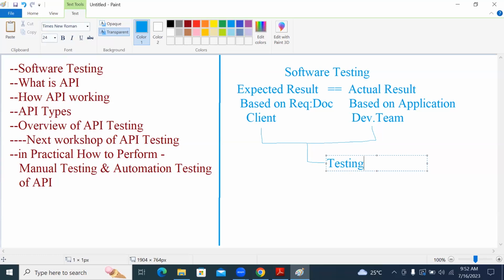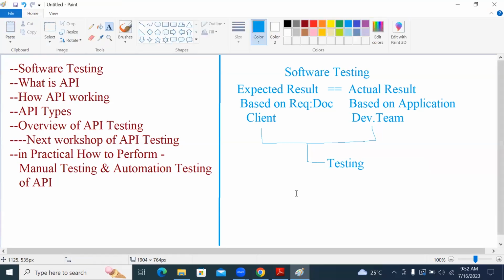So we tested according to your requirement document, and as it is, the development team has developed it. This is the confirmation. In simple terms, the testing team gives confirmation that the development team has developed the application according to the client requirement.